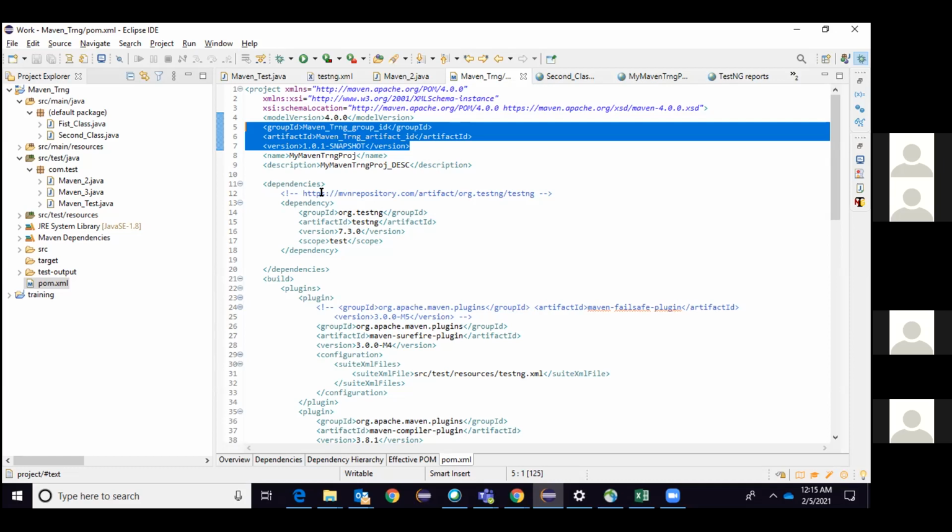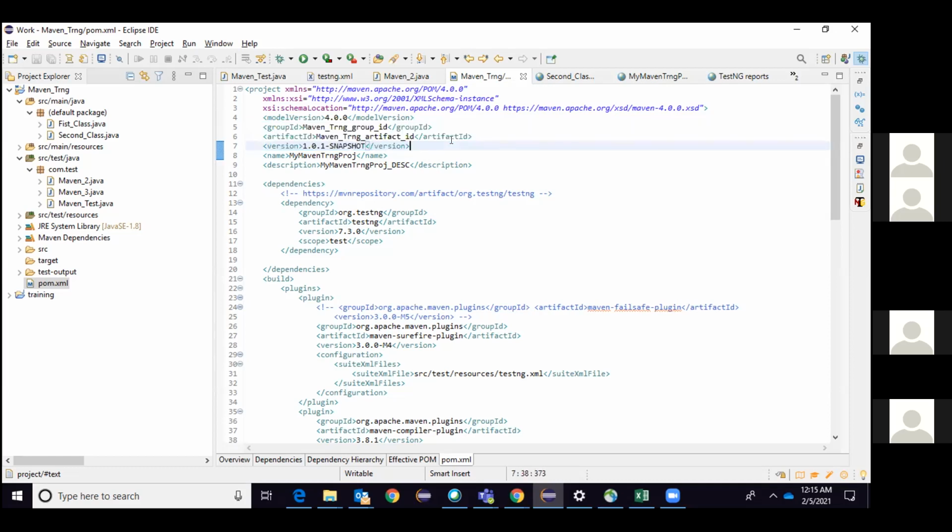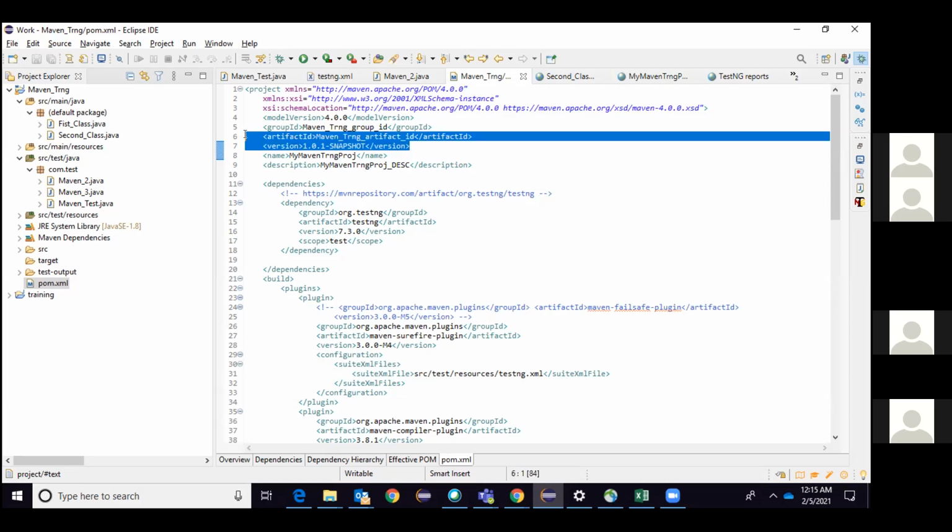Okay, so this is a snapshot in the sense of a change, only change related. Yeah, we can say it's only for the changes that we are doing in our development environment. Now we mentioned 1.0.1-SNAPSHOT, so the version will take only the change, because 1.0.1 already existed and it will pull only the latest change. Yes, you can take it like that too.